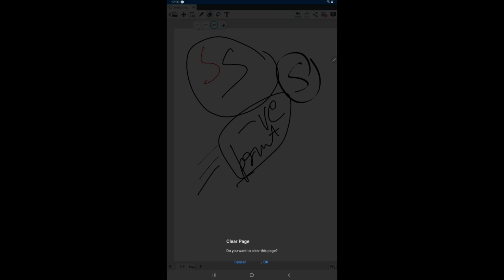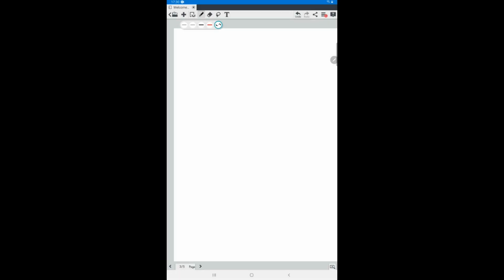There is an option to clear the entire page. This option is available in all the apps. If you want to share, you can share to Tumblr, send to application, or save to photo album. So there is not much functionality available in this app compared to OneNote and Squid. So I would definitely give 10 marks out of 10 to Squid, 9 marks out of 10 to OneNote, and about 1 out of 10 to this particular application.